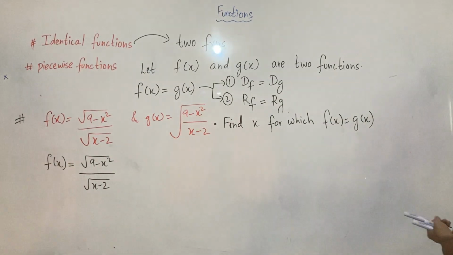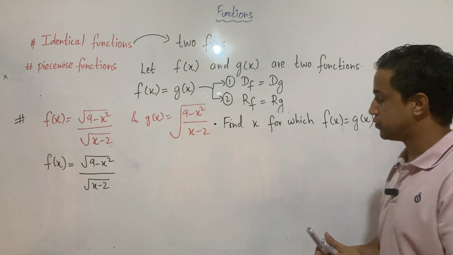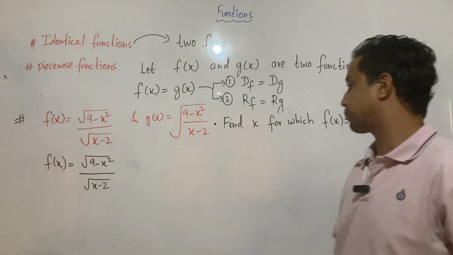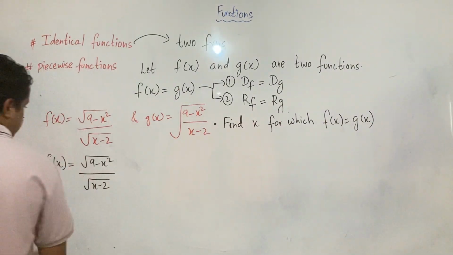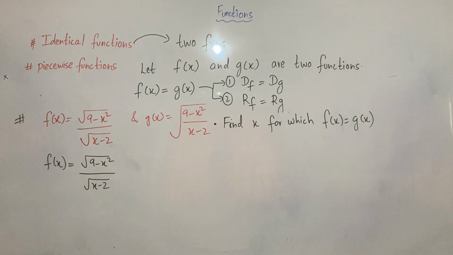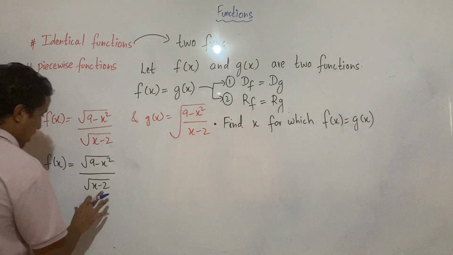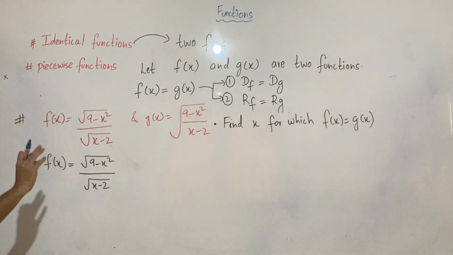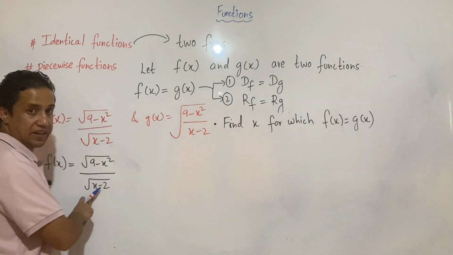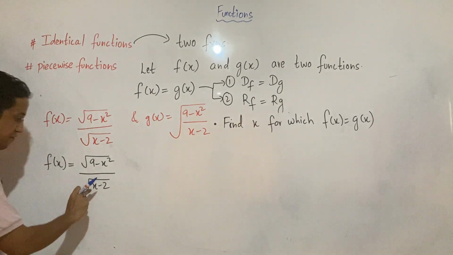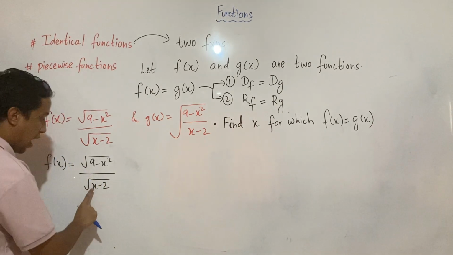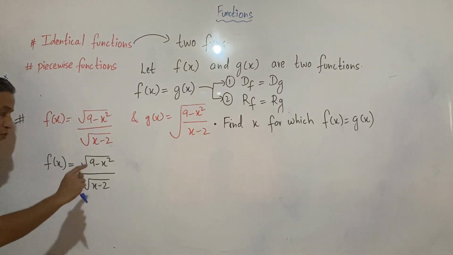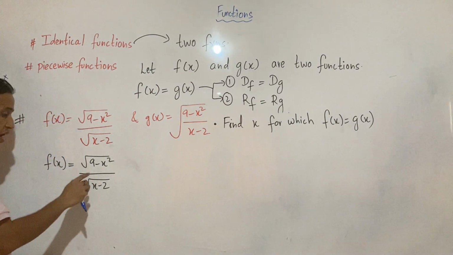Okay, so here what we can do is, now, if you look at this function, in the denominator you have root of x minus 2, which means that from here I can say that this thing cannot be 2, because the moment it's going